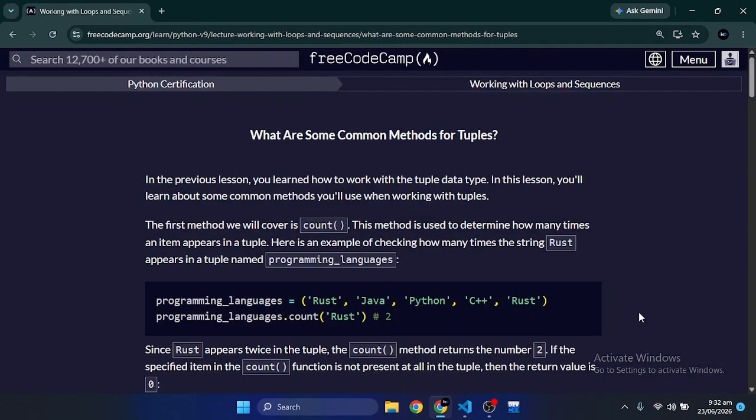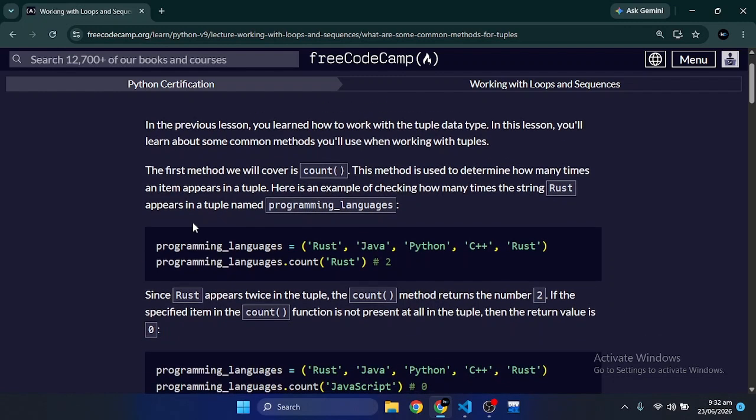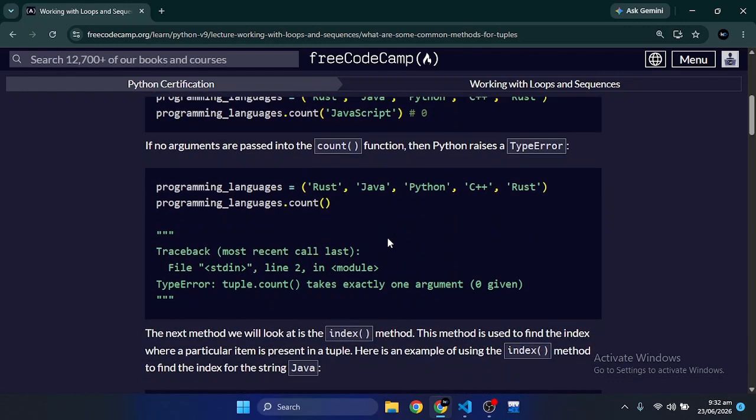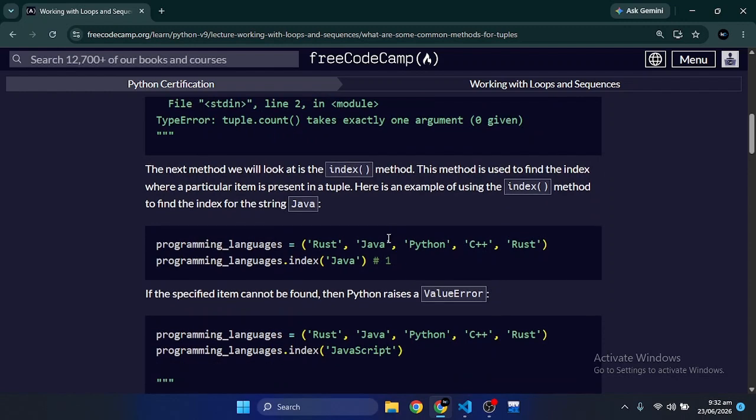Let's also now do tuple methods today. So what are tuple methods? These are used to manipulate the tuples, and tuples are immutable, so original tuples will not be changed if there is any, and it will create a new tuple. So we have count, index,